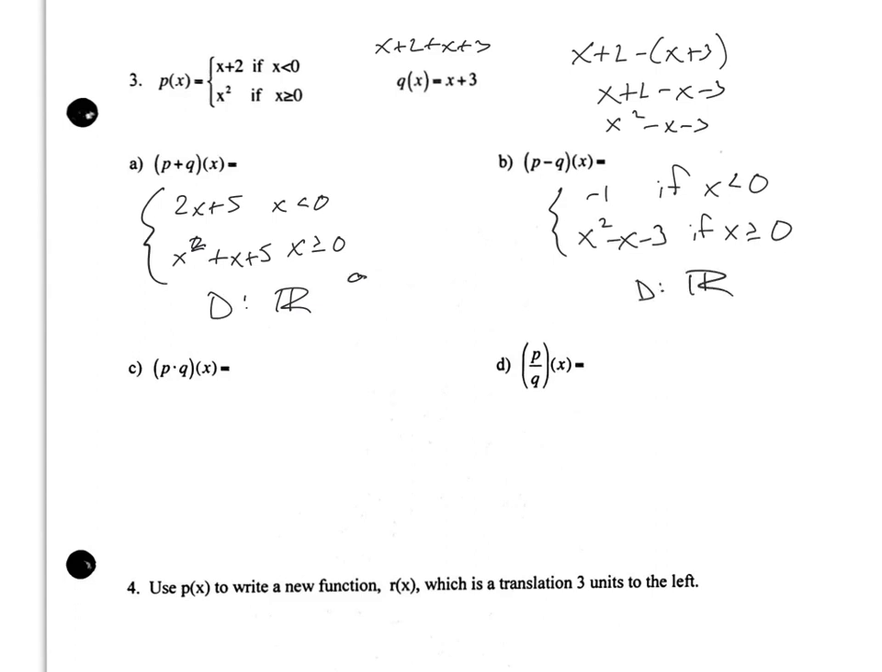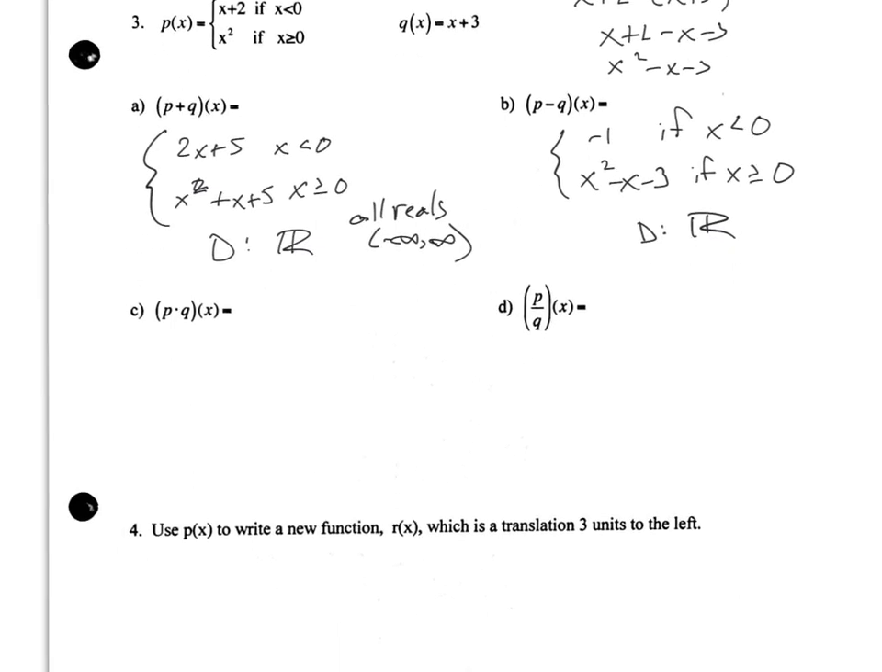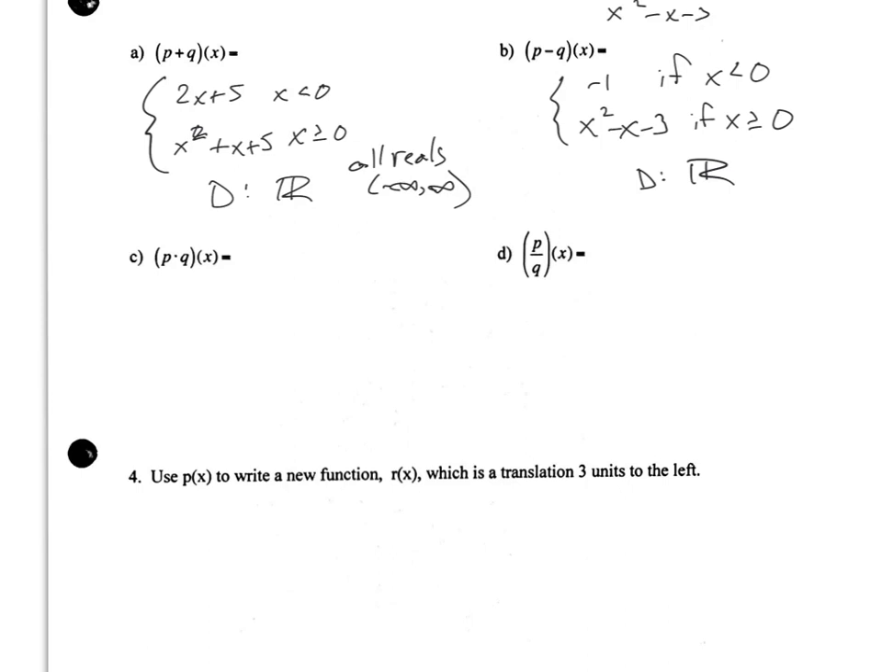Now for this, if you don't like my symbol for all reals, you can write "all reals." You could write -infinity to infinity. I like the R with the extra line in it. It just seems faster. Now for multiplication,